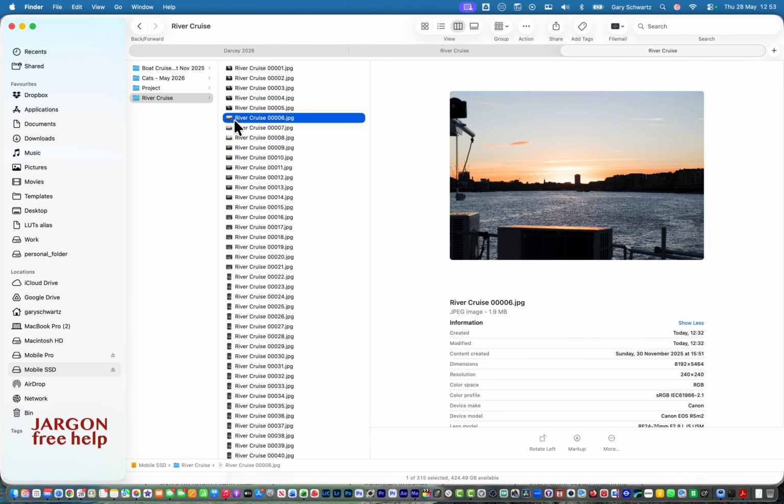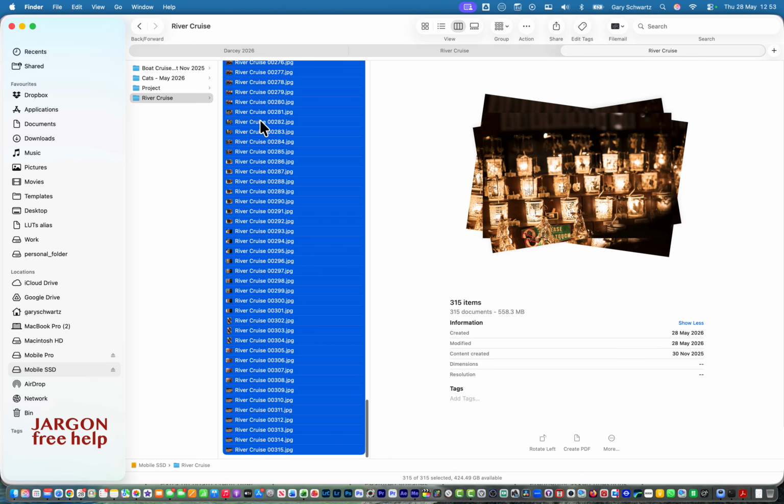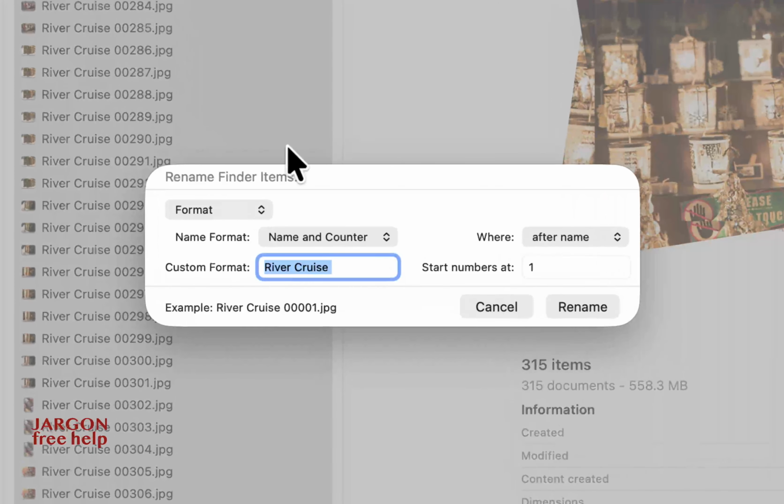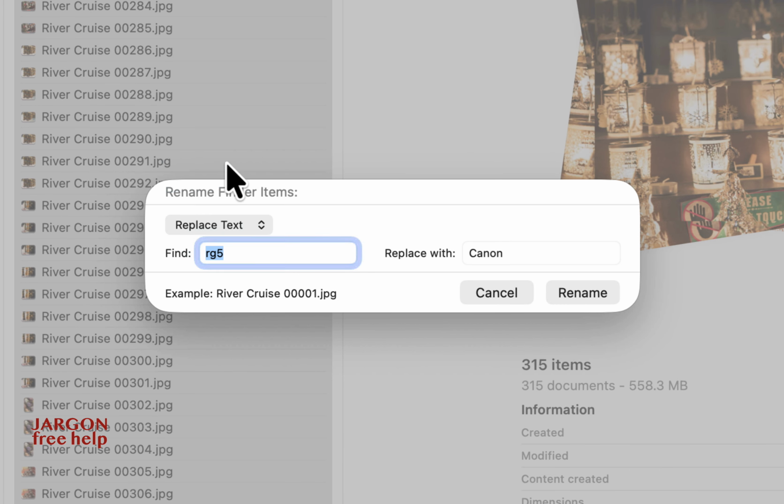So I can't undo this, but what I am going to do is just show you once again doing something. I did a find and replace before, but it was at the start, and just to show you can do it in the middle here as well. So let me just do Command A, I'm going to do rename, and I am going to choose cruise. No, sorry, I need to change replace text. Let's just do cruise with